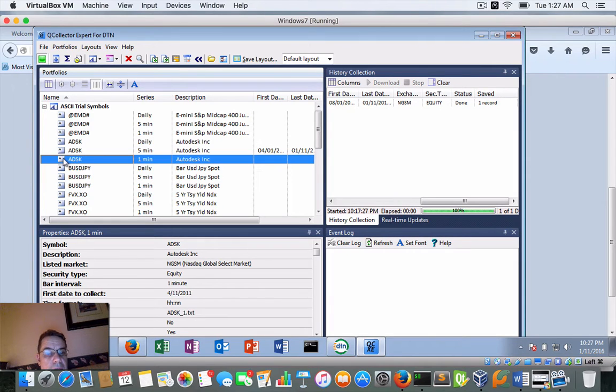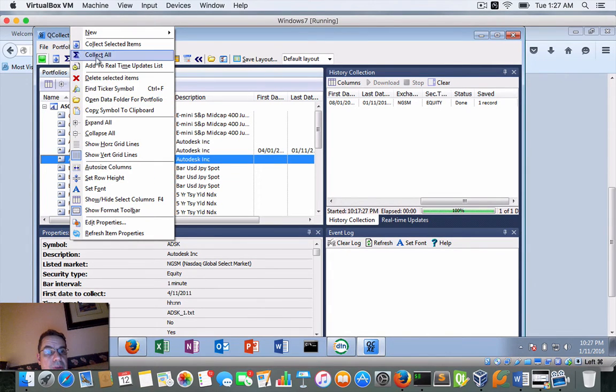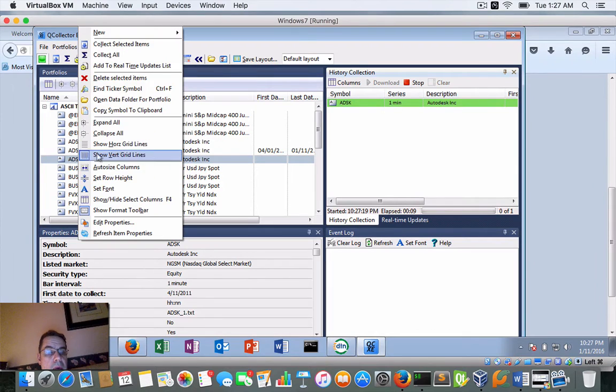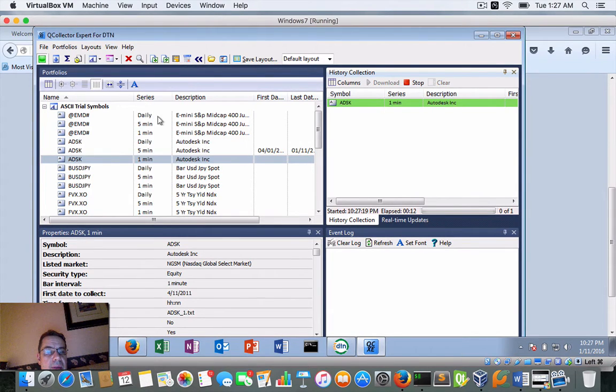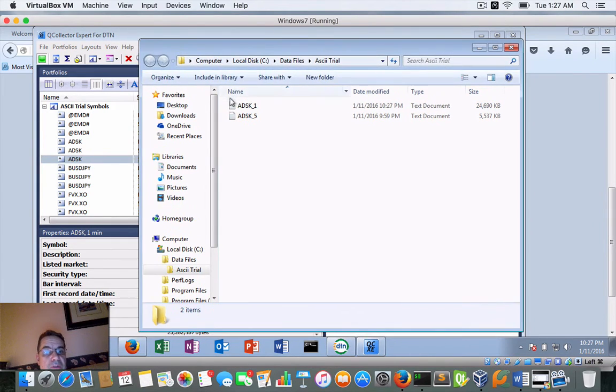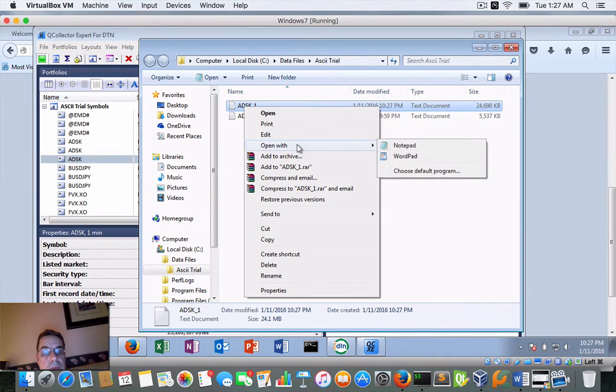So do a right click here, or the equivalent of it. I just do collect selected item. And there is Autodesk collected. And if I open up the folder where that gets sent over to, this is the actual file that we just created. So if I open up WordPad,